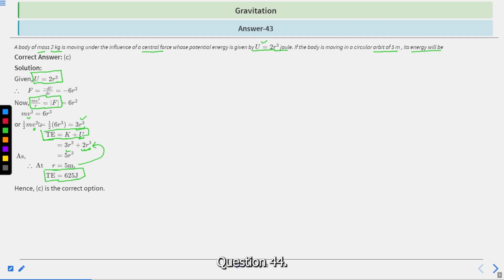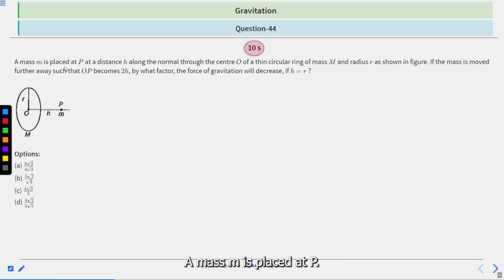Next question, question 44. A mass M is placed at point P, at a distance H along the normal through the center O of a thin circular ring of mass M and radius R, as shown in the figure. The distance between O and P is H. If the mass is moved further away such that OP becomes 2H,